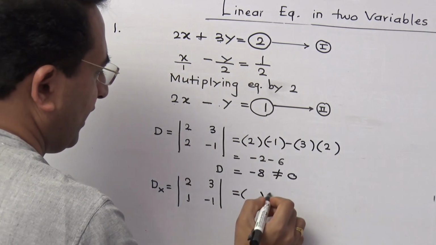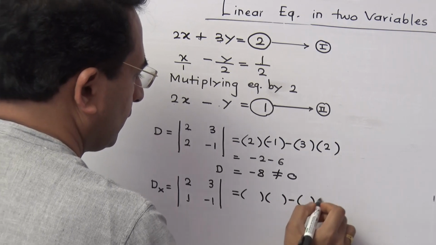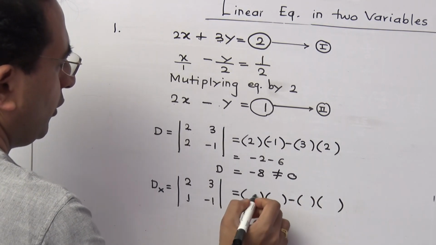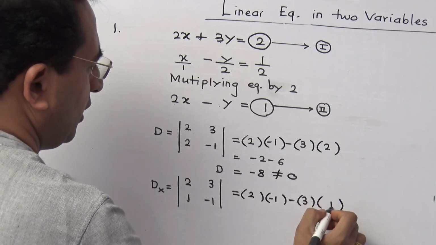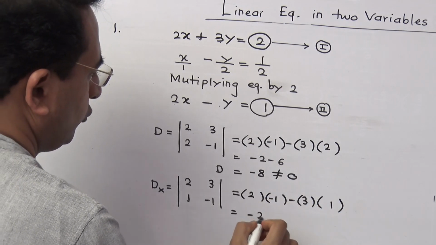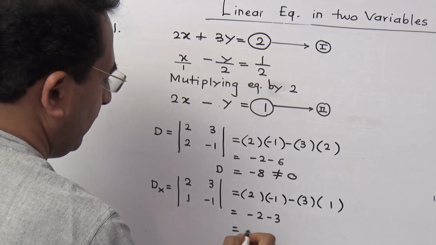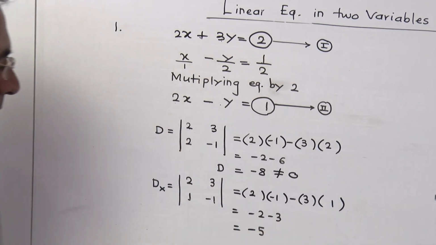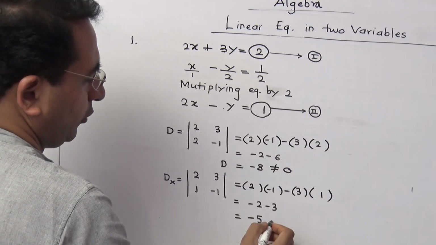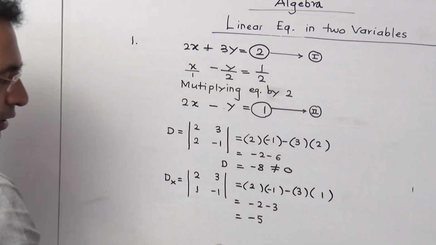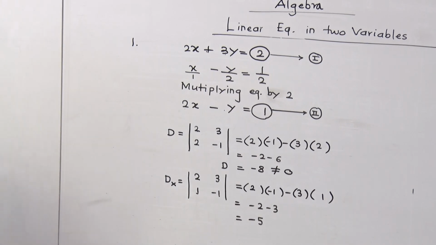Now we will put 4 brackets like this. This one is going to be 2, this one is 3, then it is -1, then it is 1, then it is -2, -3, then it will be -5. Now there is no requirement to write minus not equal to 0. It can be 0 also. Now we are getting the answer -5.